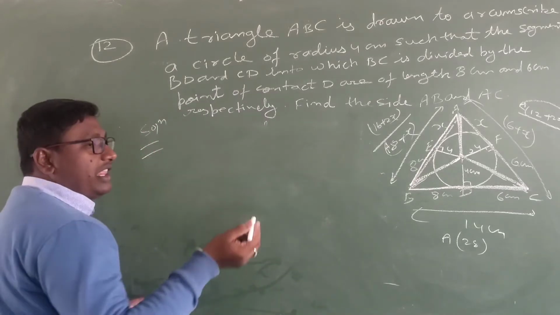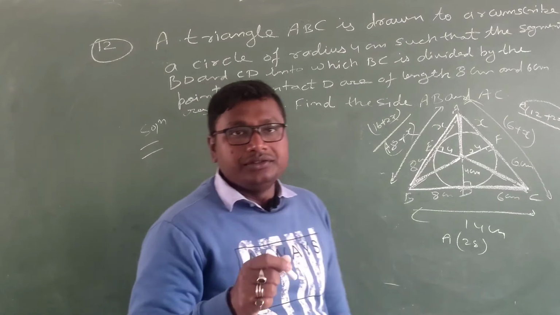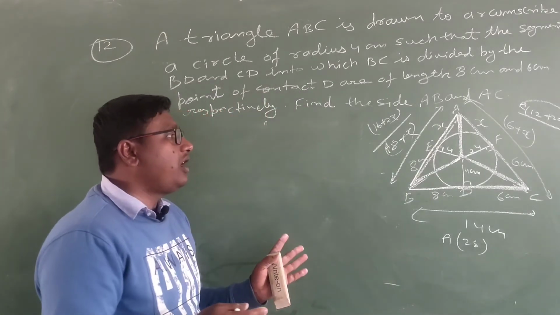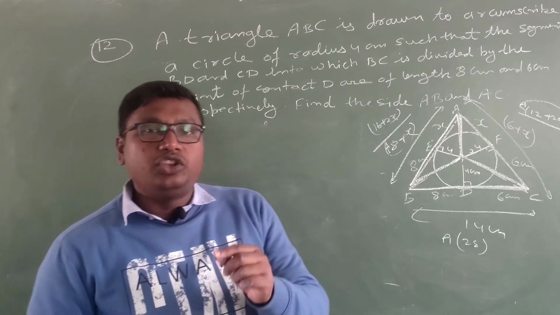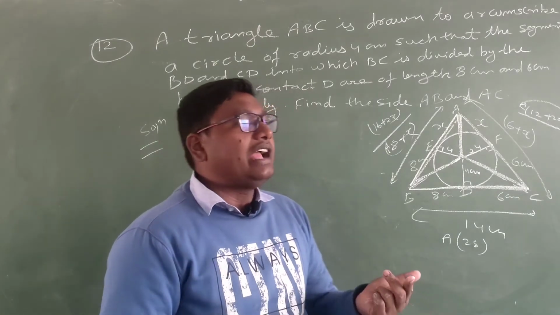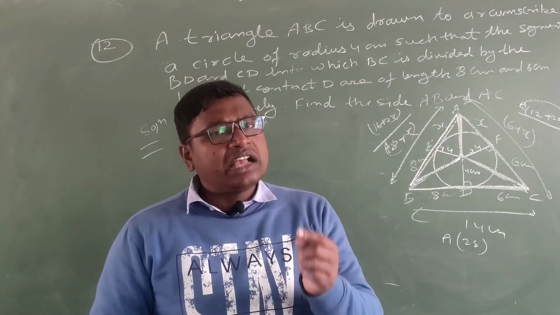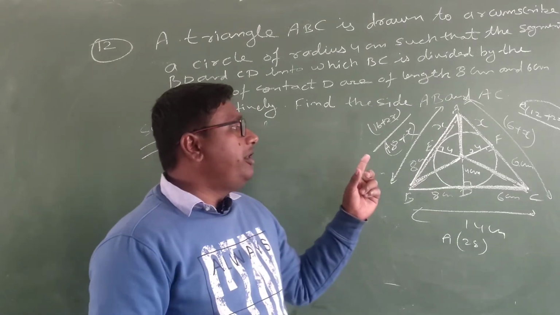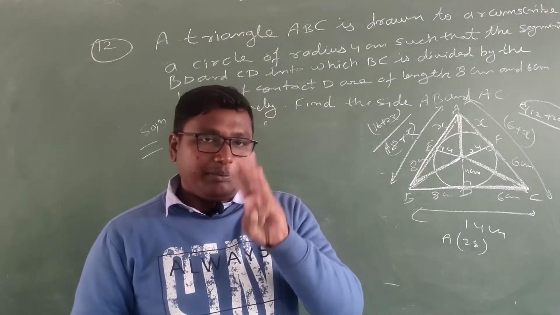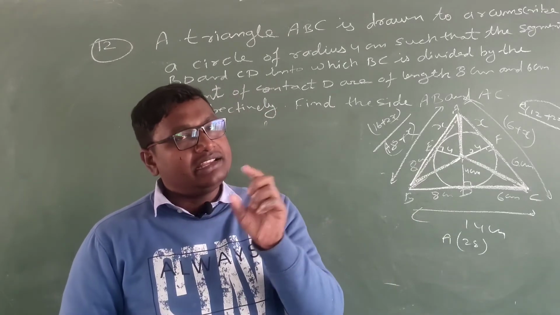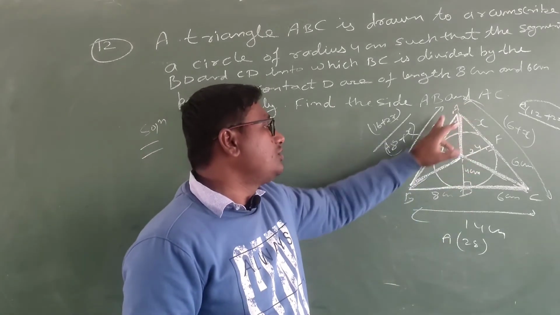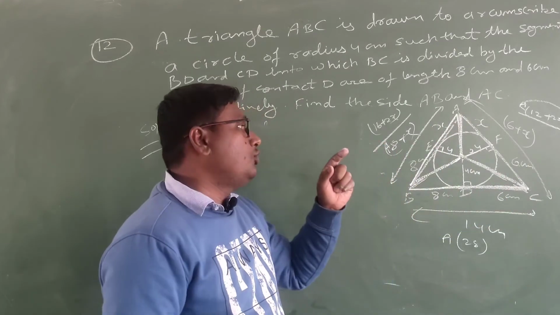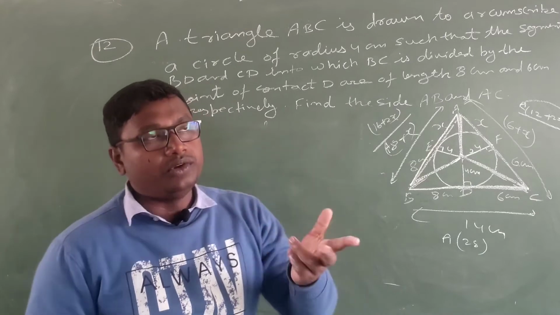Now again we need to get the area of triangle ABC by using Heron's formula. We can get the area of any triangle in two ways: either you use Heron's formula, or you use half into base into height. Using half into base into height, I have divided the whole triangle into three parts, and we have got the areas separately. And now this time the whole triangle ABC will be taken, and we will be using the formula of Heron.